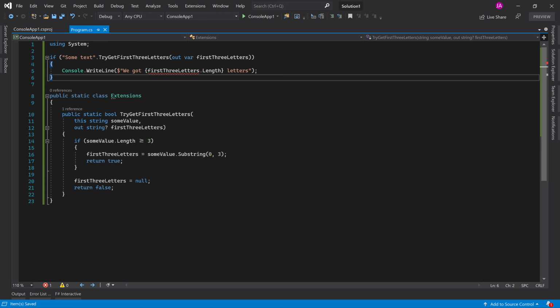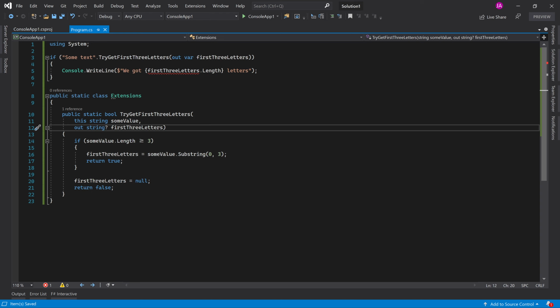Basically, as you see, it returns a nullable string, because we don't know if we can get the 3 first letters. Maybe the string is not big enough to get the 3 first letters,